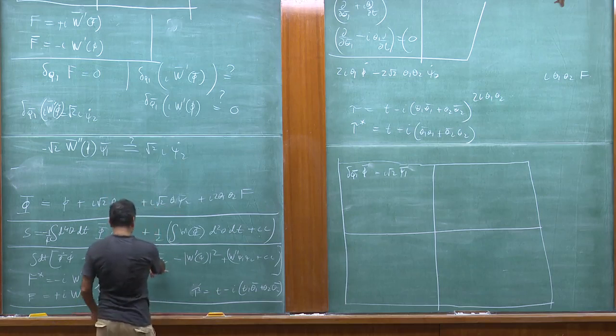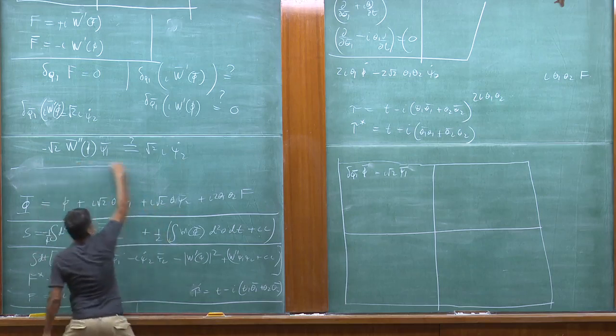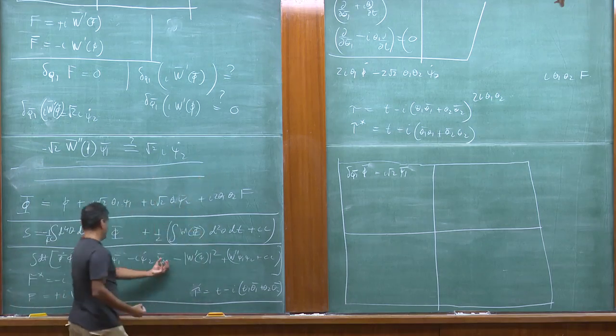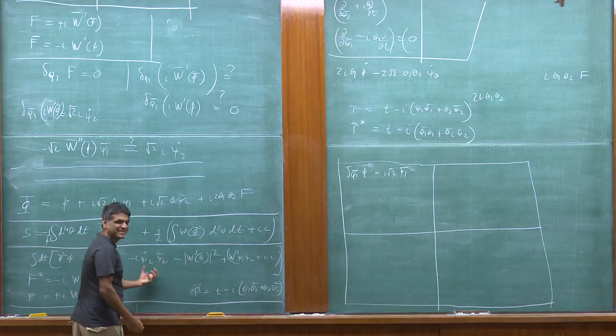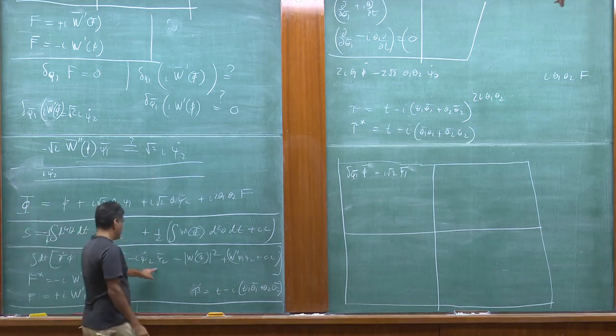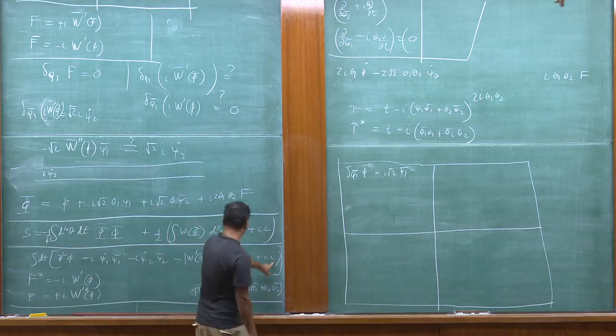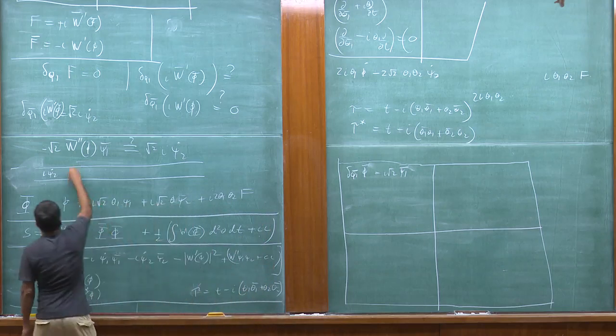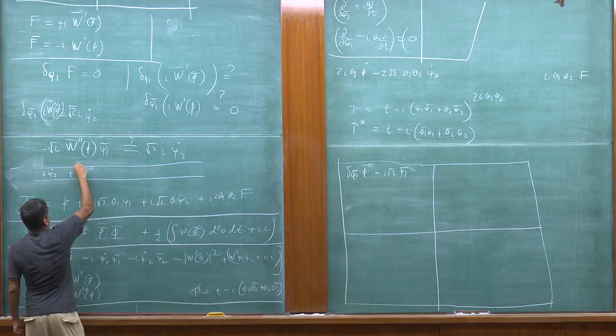So the psi 2 bar equation of motion tells us, now let's take variation on the left, so we keep our signs straight. So i psi 2 dot, but where else does psi 2 bar appear? Well, it appears here in the plus c.c. Plus W double prime bar